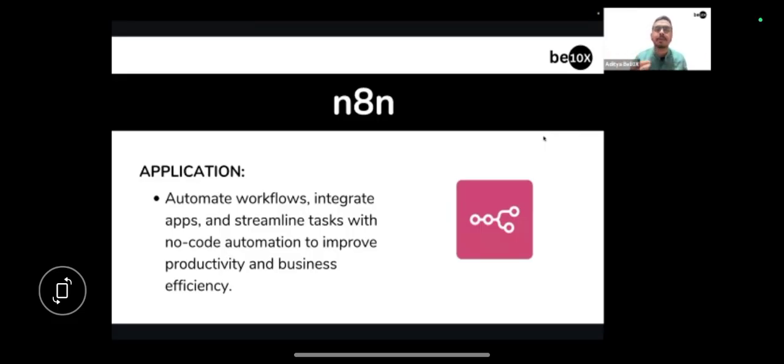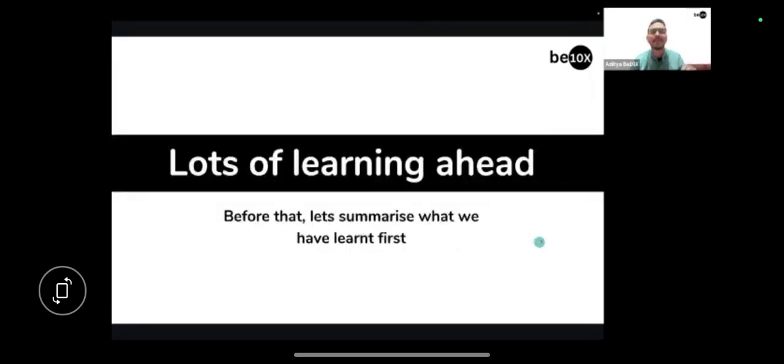I am able to do work which would have taken me at least 15-20 minutes. I did the work in 2 seconds. Just message my personal assistant, and work will be done. That is how magical this is. And guys, I want to continue providing more and more such tools to you. We have a lot more tools, a lot more learning ahead.